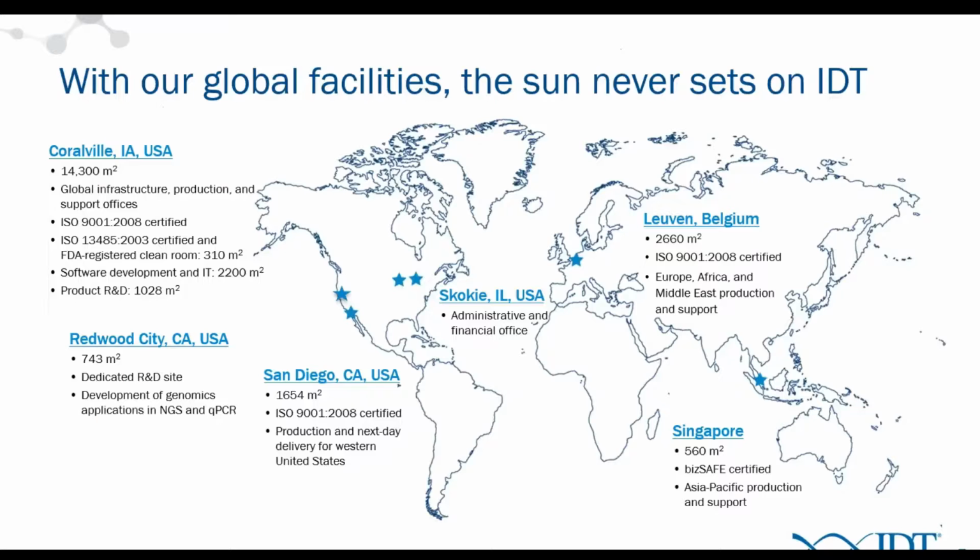IDT is a global company. We have our headquarters in Coralville, Iowa. We started as a spin-out company from the University of Iowa. We have offices in Skokie, Illinois, a suburb of Chicago, which is also where our CEO is located. We started producing in 2006 in San Diego. In 2008, for the European market, we started a production facility in Leuven, Belgium, where I'm based. In 2012, we opened a production facility in Singapore, and since last year, we have an R&D center in the Bay Area,